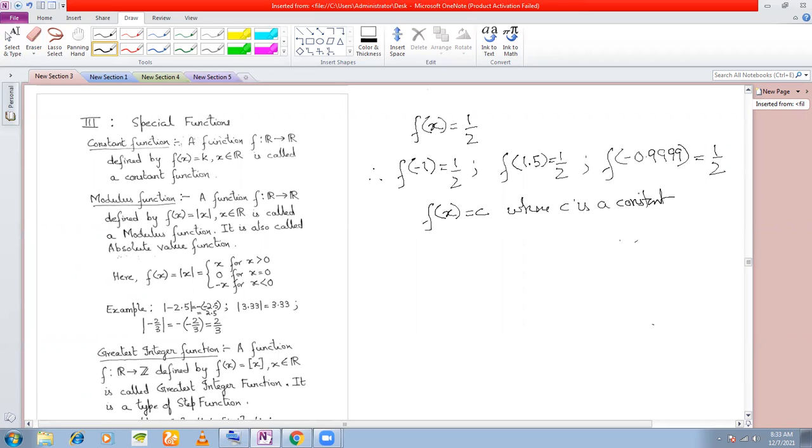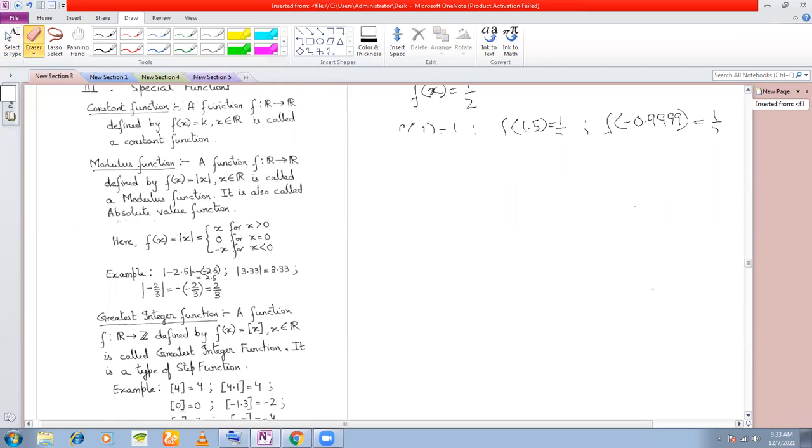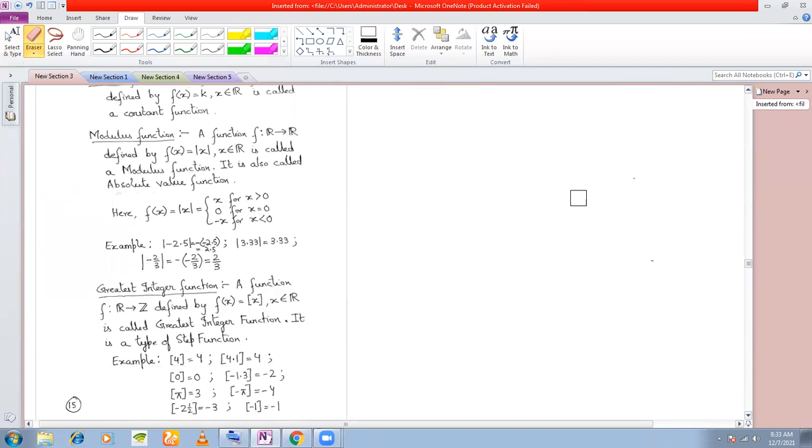Okay, remember modulus function. Modulus function I have also discussed somewhat, and this is also very important. In case of modulus function, remember the definition of the function, that f(x) is equal to mod x. This is the modulus function. But from this definition it is very difficult to work. Therefore, what we do here is we break this up into three parts, for various values of x.